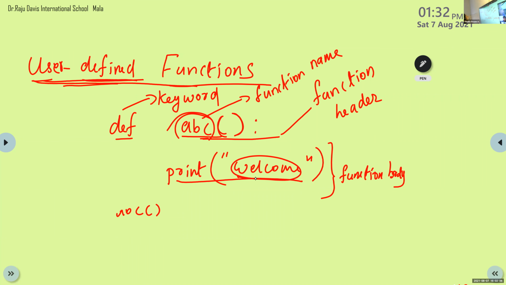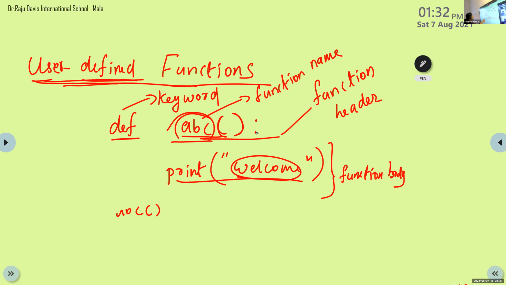For defining a function, first write the keyword def. After that, write the name ABC, then the function brackets, and after that a colon. Then the body of that function will start after some space. That space is known as indentation.